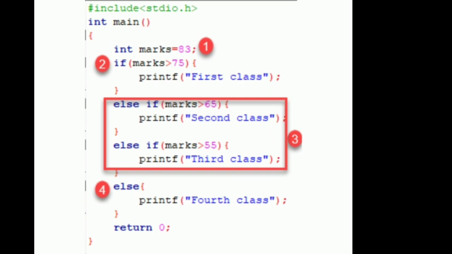Else if marks greater than 65, curly braces start, printf within a double quotation second class, double quotation closed, bracket closed ended with semicolon, again curly braces closed. Else if marks greater than 55, curly braces started, printf bracket started within double quotation third class, double quotation closed, bracket closed ended with semicolon, curly braces closed. Else